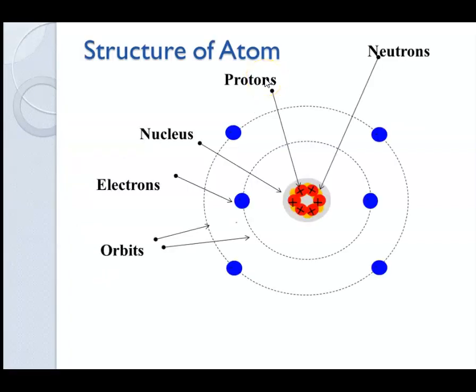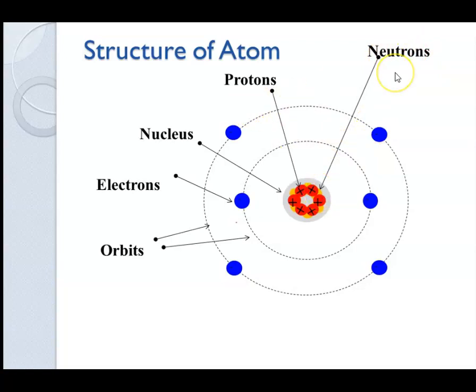The atoms are the main building block of the matter. All the materials are made up of very small particles that are called atoms. Any substance, solid, liquid, gases is made up of molecules, and these molecules are made up of atoms. The atom consists of three subatomic particles: electron, shown by blue color, next is proton, which is shown by red color here, and neutron, which is shown by yellow color.